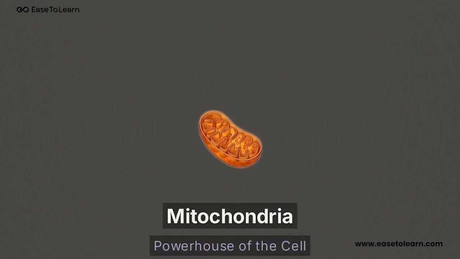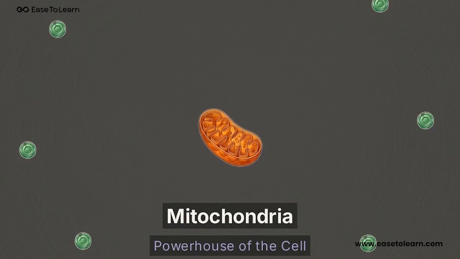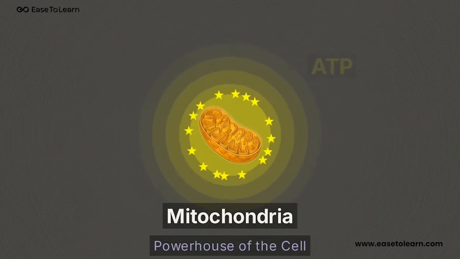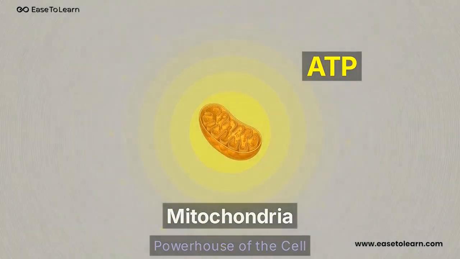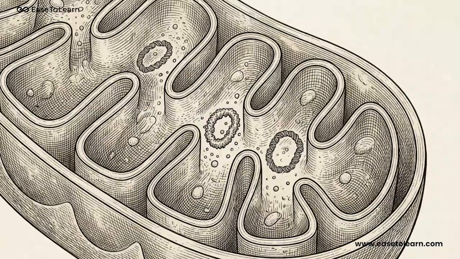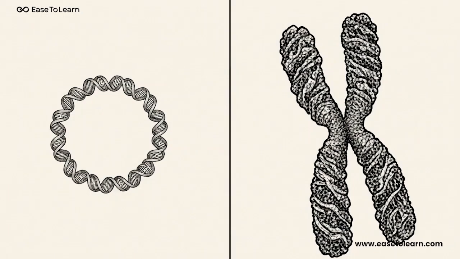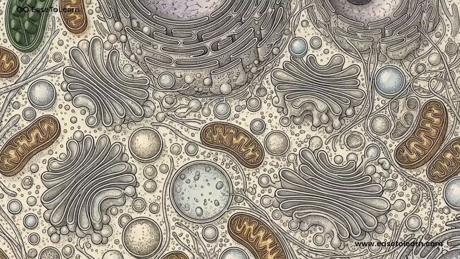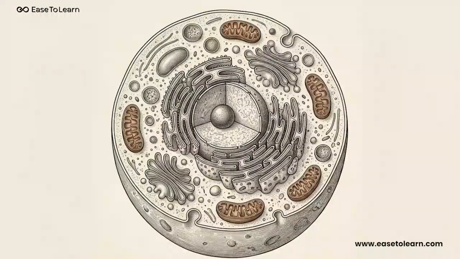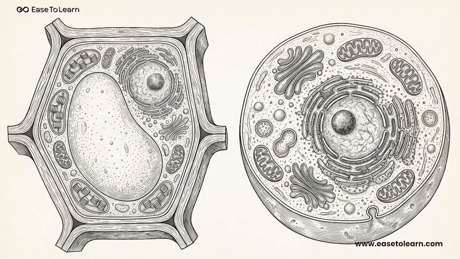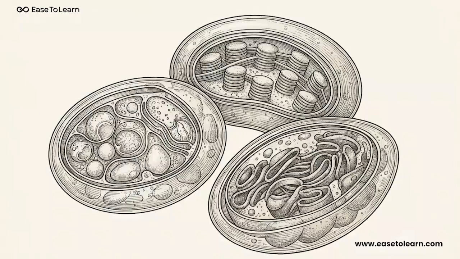This diagram here shows the organelle that keeps the lights on. It is the mitochondria, known as the powerhouse of the cell. It takes in nutrients and produces pure energy in the form of ATP, ensuring the whole city has the power to keep running. Mitochondria are so specialized for energy production that they actually carry their own separate DNA, completely independent from the main blueprint stored back in the nucleus. If this cycle of manufacturing materials, clearing out the waste, and generating power were to stop, the microscopic city would immediately shut down.